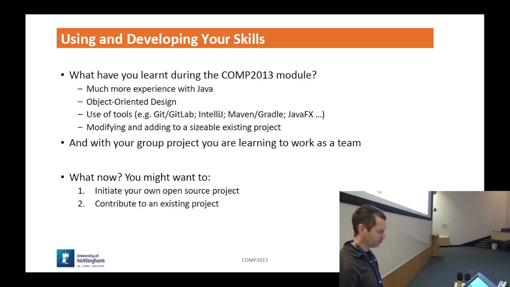Right after this, somebody decided to release the Snake game as an open source piece of software, right? And that's what you're working on. So you're trying to modify somebody else's open source software. And maybe you have the idea of having your own open source project. And these are just some ideas, right?